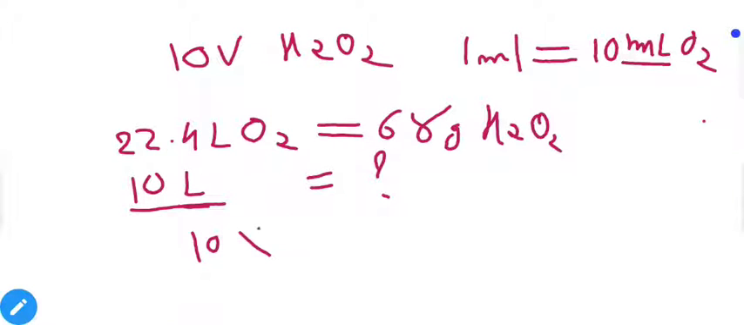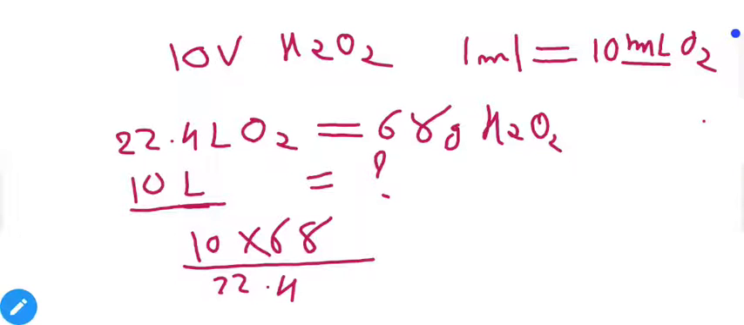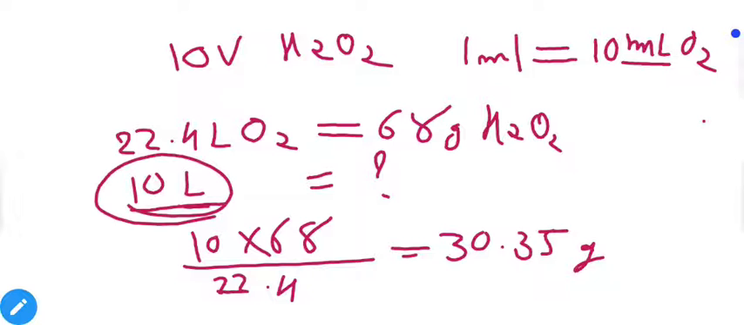So 10 liters multiplied by 68 grams divided by 22.4 liters is equal to 30.35 grams. That means if we produce 10 liters of oxygen from the given solution, it represents we have 30.35 grams of H2O2 in 1 liter of solution. So we have 30.35 grams, or roughly 30 grams, of H2O2 in 1 liter solution, and we can convert it